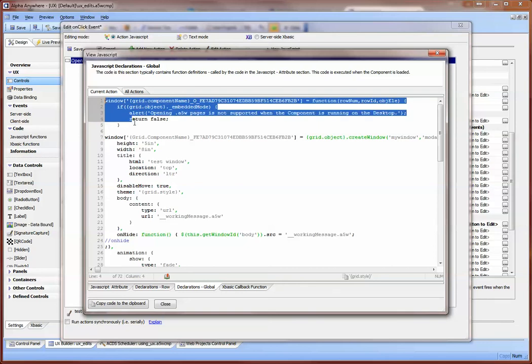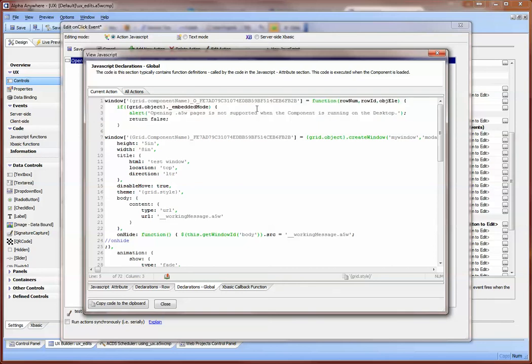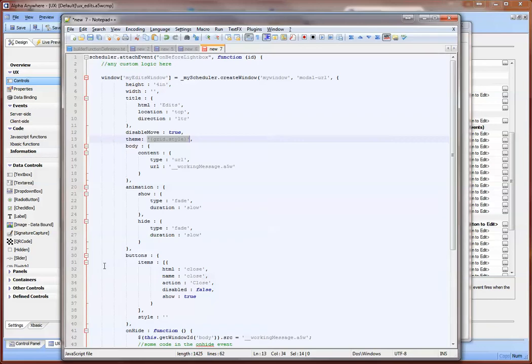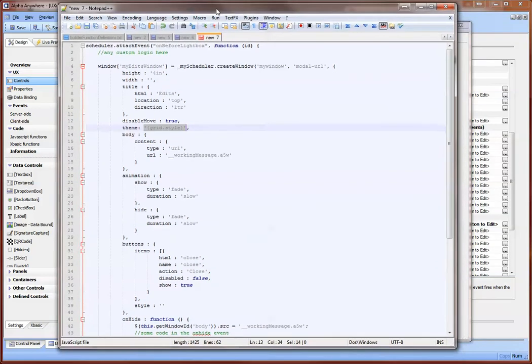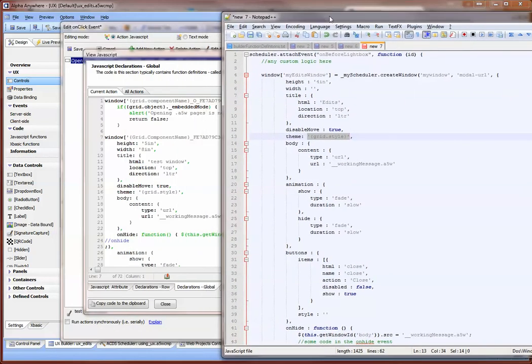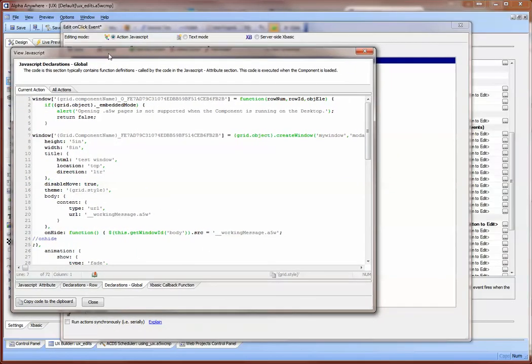So if we look at the JavaScript for this, and we go down to the global declarations, we ignore this first part, because this is just setting up the variable and doing some checking for making sure it's not running on a desktop. But this is the function that actually is what I copied over and then modified for my own use. And as you can see, it's very similar to what we had in the builder. And I'm going to bring up Notepad++, and I have the function that I'm actually running right now. And if we kind of compare these a little bit,